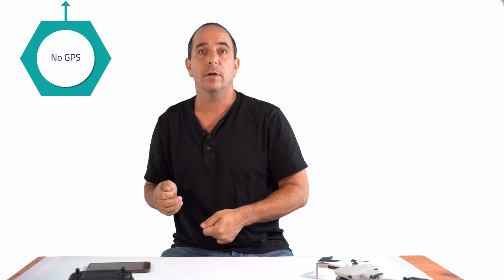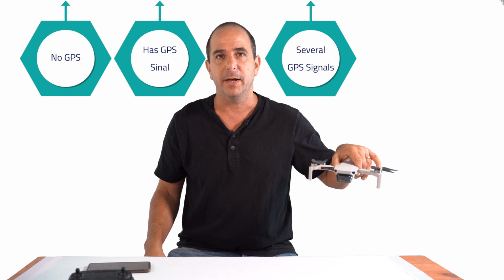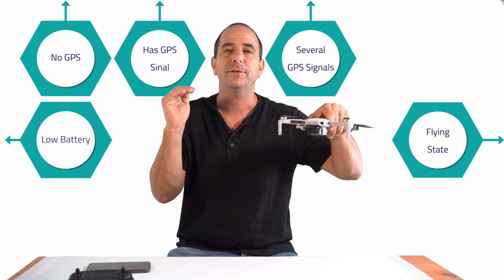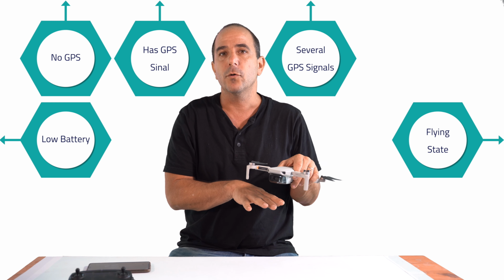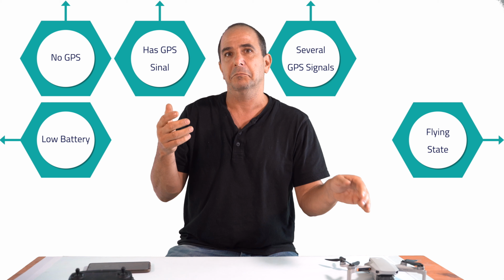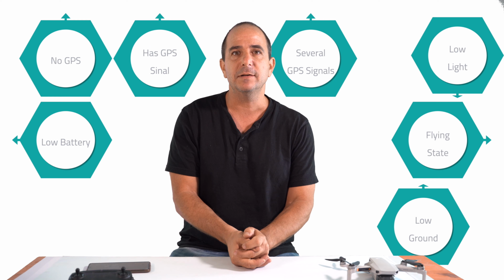So you may think of a few more states that this DJI drone may have. Maybe a state which is no GPS or has GPS signal, or maybe weak GPS signal. It might be flying and then move to a low battery state, or maybe it's able to detect that it's in low ground or low light and move to a low ground or low light state. Another state which might be important is lost communication. Whenever it has a loss of link to the remote control, it might operate in a certain way, such as return to home, which is a state.